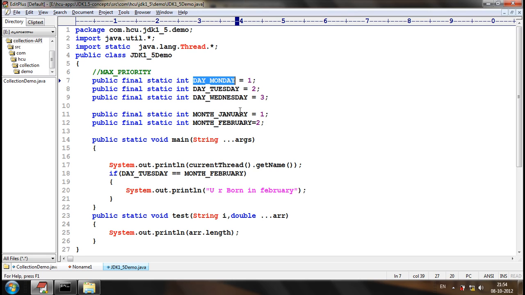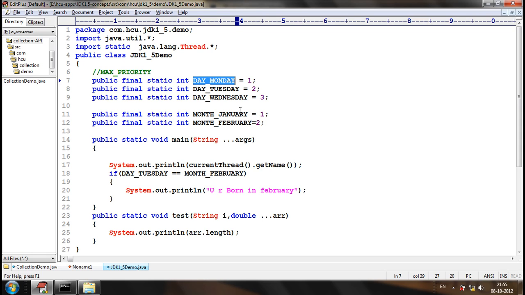now, are these constants under a group? Are all the constants under an entity? Are the months under a separate group? Are the days under a separate group? No. Months are not under a separate group and days are not under a separate group.